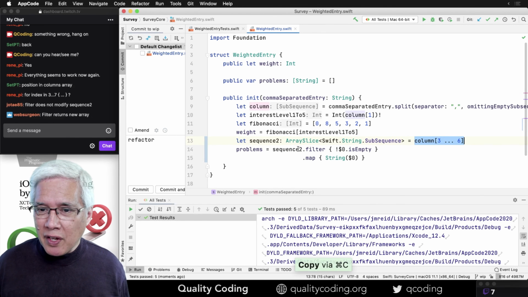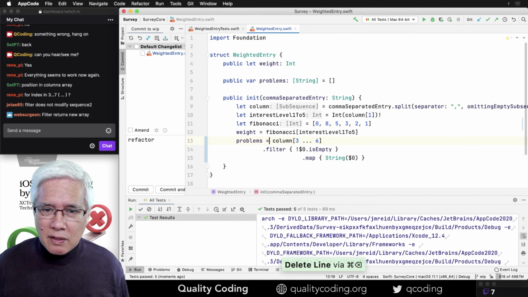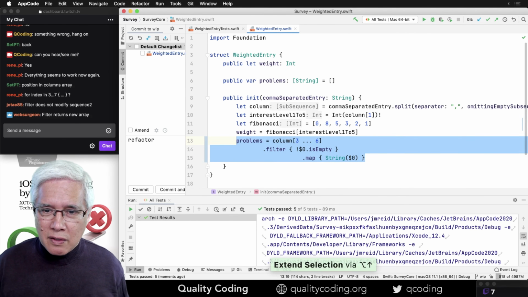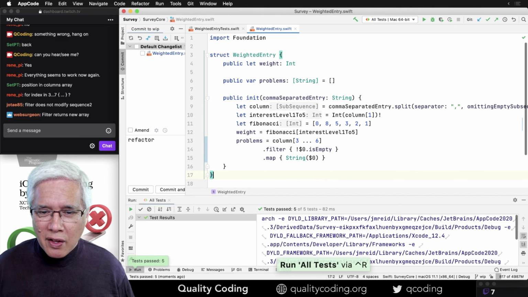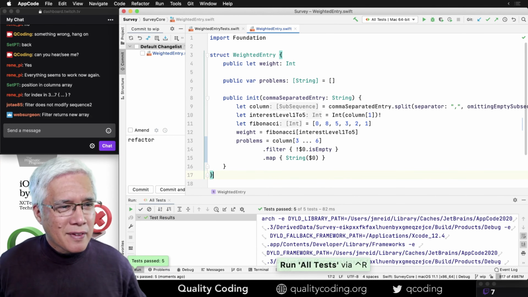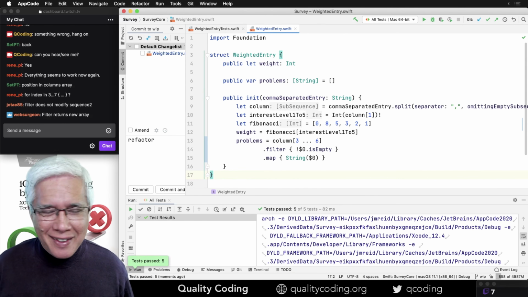You can upvote that. And now I should be able to say columns 3 through 6. And let's filter them and map them. Hi! This is great. Thanks for helping.